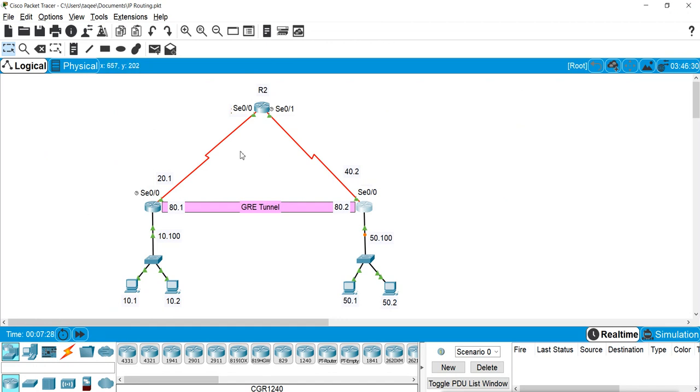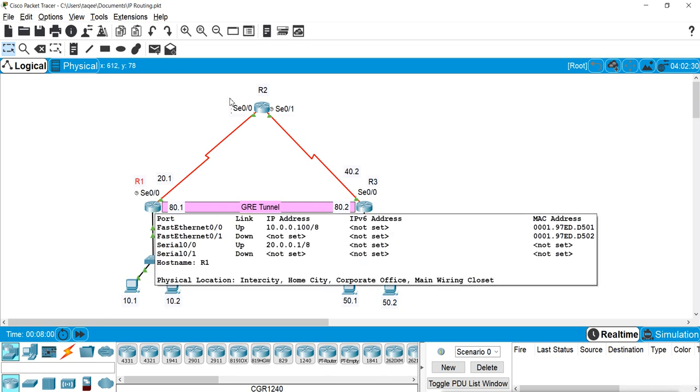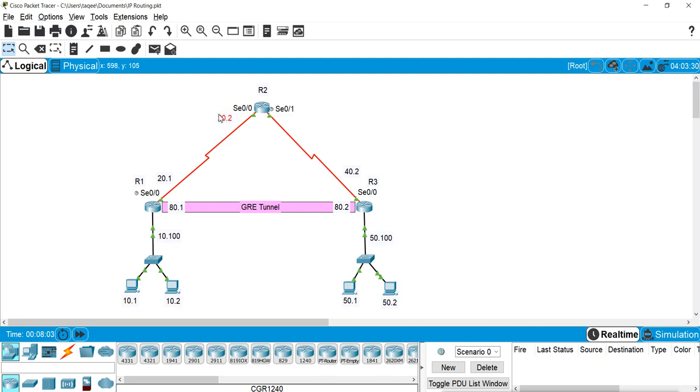Now what I will do first, I will create a static route from this router 1 to router 3 so that it can connect, and we can assume it is like an internet connection which is connecting from this router 1 serial interface to this router 3 serial interface. So for it, I will create static routes. I'll go here first, on router 1,